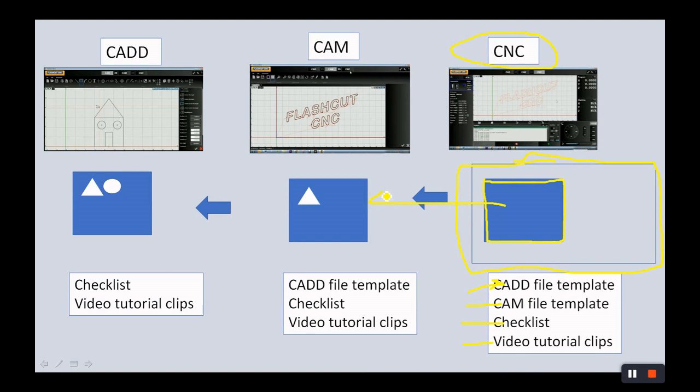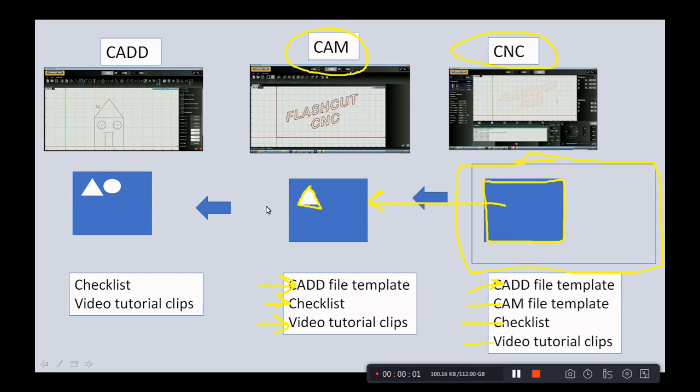The current thought is they're going to use that same piece in the next step, which is where you're going to learn how to do the tool paths. So they're going to load just the CAD file, learn very quickly through a checklist and video tutorial clips how to do the tool path, and they're going to cut a triangle out of their square piece. The next step would be to use that same square piece. We're going to keep reusing it,